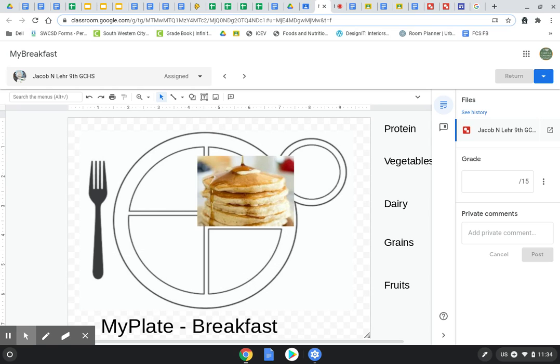And it's in the right spot, Jacob. Good job. Okay, and so your next step is you can just pull over your grains box here. Okay, and then you can write pancakes right next to your grains. All right, and then move on to your next food.